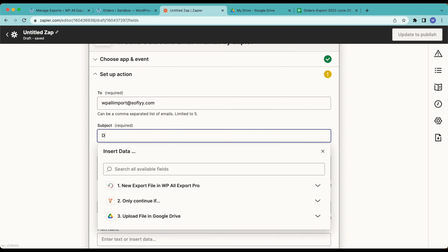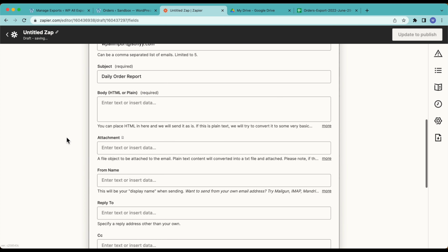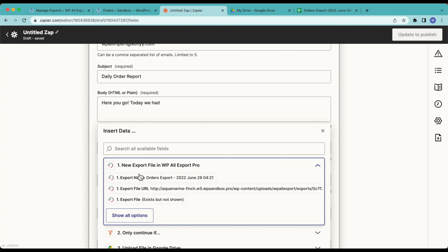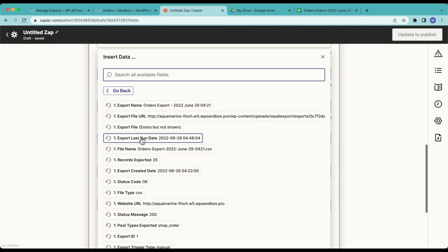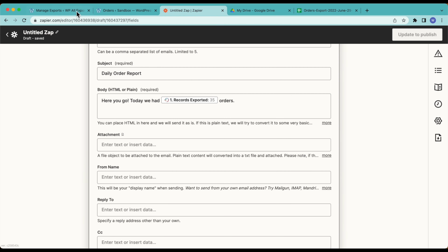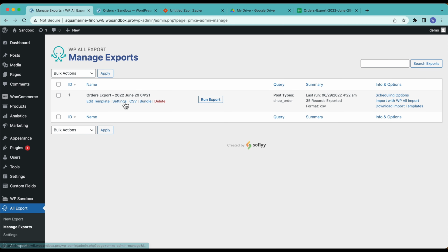Subject, actually, no, this is going to be a daily order report. So today we don't have all of our data in here from our export file, but we do know how many records were exported. Here there's 35. So I'm going to say today we had 35 orders